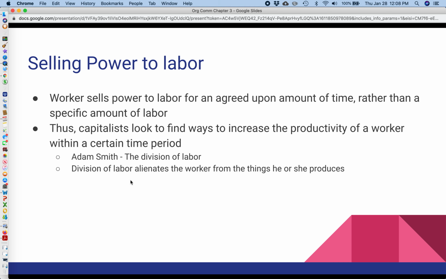So that's what Marx means when he says that it alienates the worker from the things he or she produces. That means we don't understand that thing anymore, right? If you were a wagon wheel maker or a barrel maker, you knew that end product. You were familiar with it, utterly familiar. You knew it from beginning to end. But with the division of labor, that isn't the case anymore, and you're making something that you don't even really know how it works or are familiar with it in any kind of intimate way.